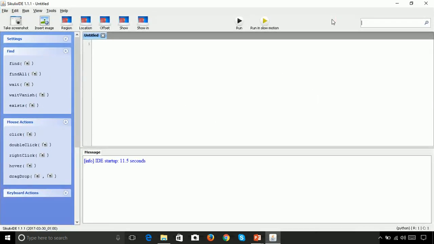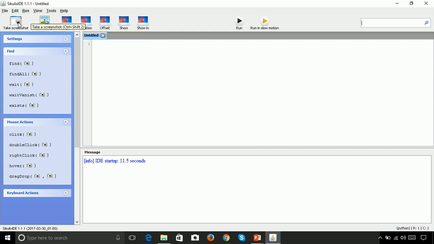This is the Sikuli interface. Sikuli IDE integrates screen capturing and a custom text editor to optimize the usability of writing a Sikuli script. On the left, you can see all the frequently used functions and classes. On the top, in this row, there are multiple classes available which makes the work easier.